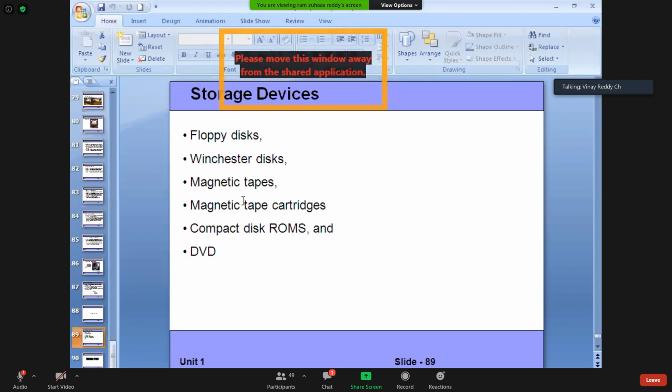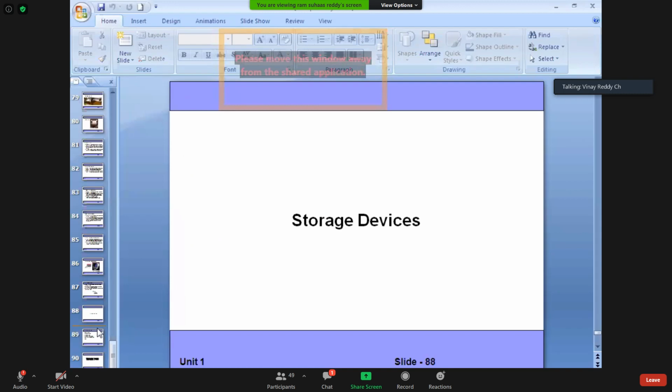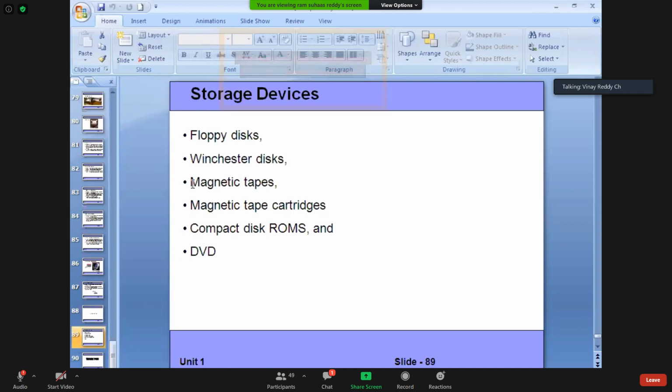Storage devices. These are the different storage devices. Normally we come across all these storage devices several times, but the problem is if those are broken, then all the data gets into problem. That's why a new technology came into picture, which is nothing but clouds.